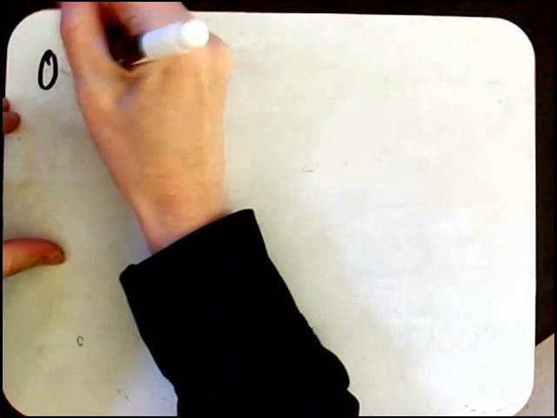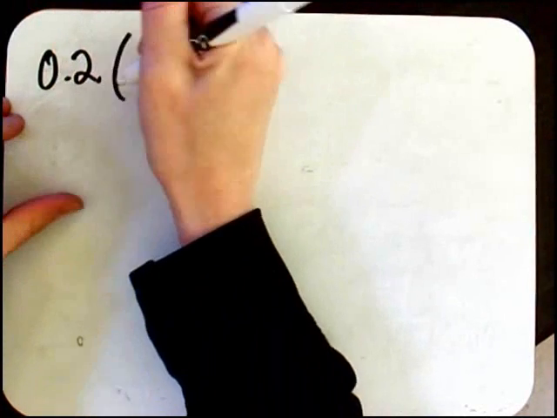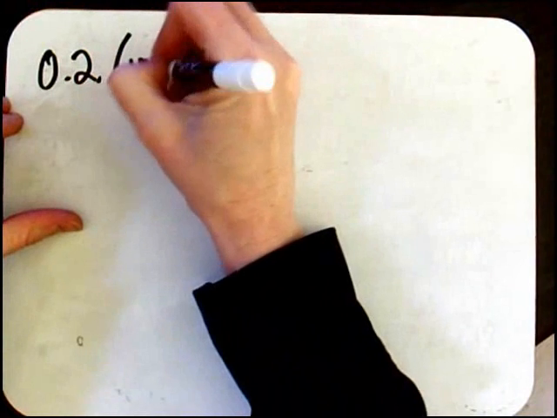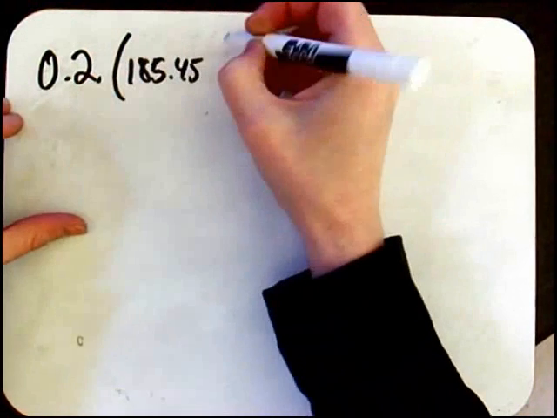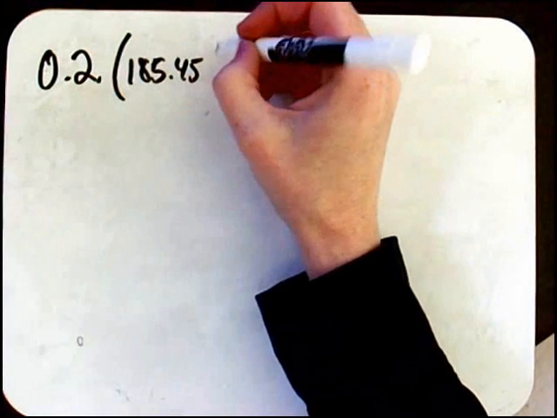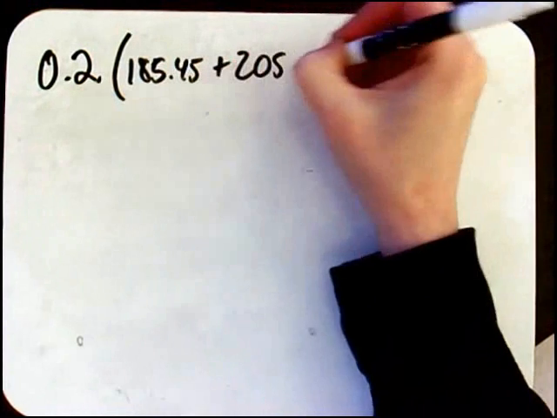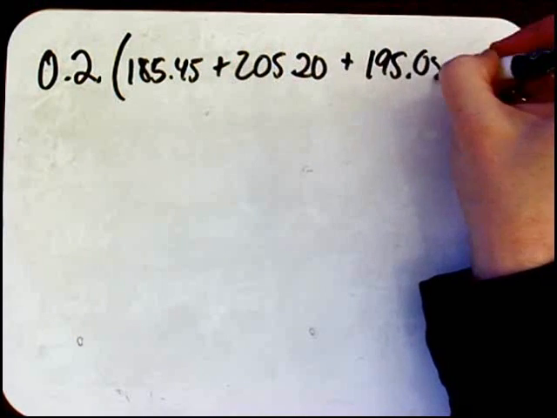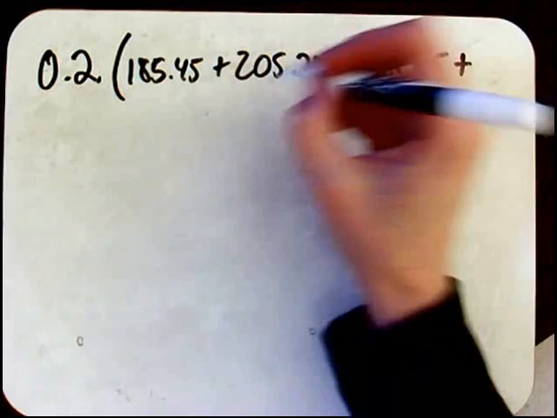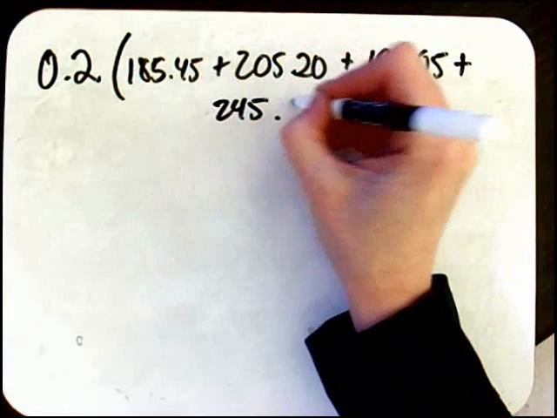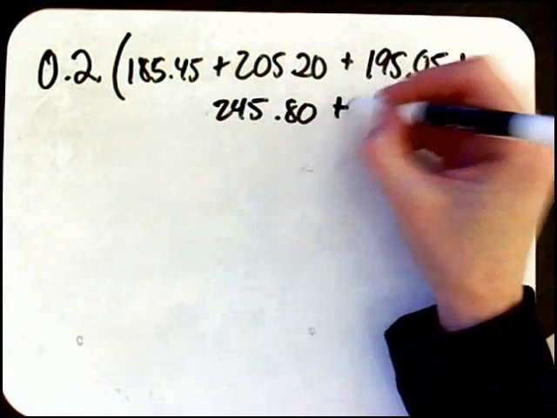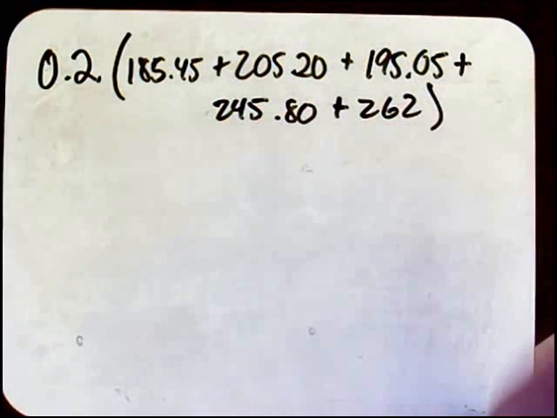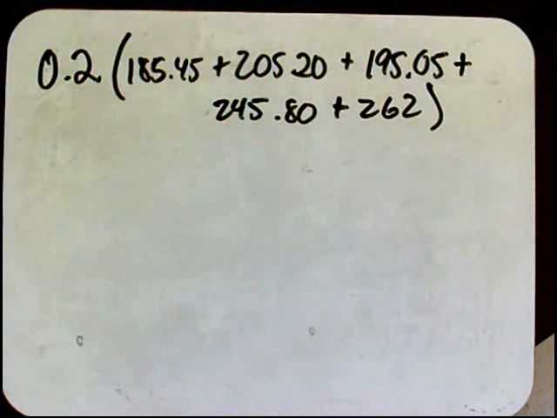So what you end up with is 0.2, open parentheses, 185.45 plus 205.20 plus 195.05 plus 245.80 plus 262. So you add those all up and then